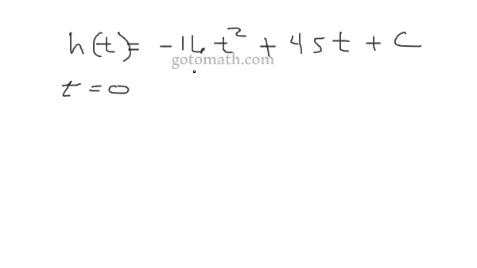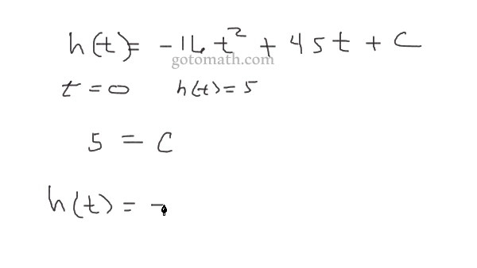So remember, at time 0, h of t is equal to 5 feet. So we set it equal to 5, plugging 0 in up here, and so we end up getting c is equal to 5. Therefore, our position function h of t is equal to negative 16 t squared